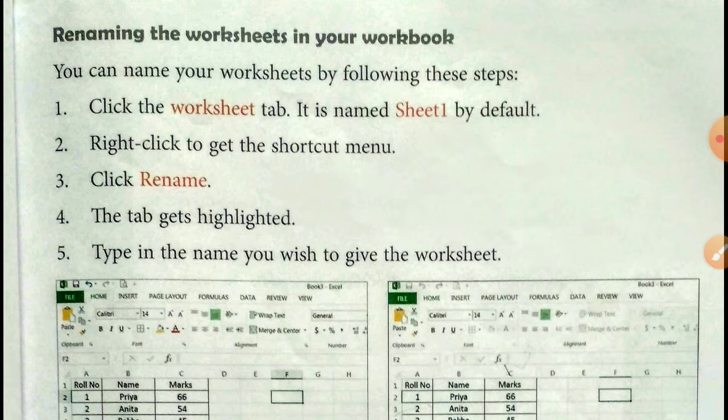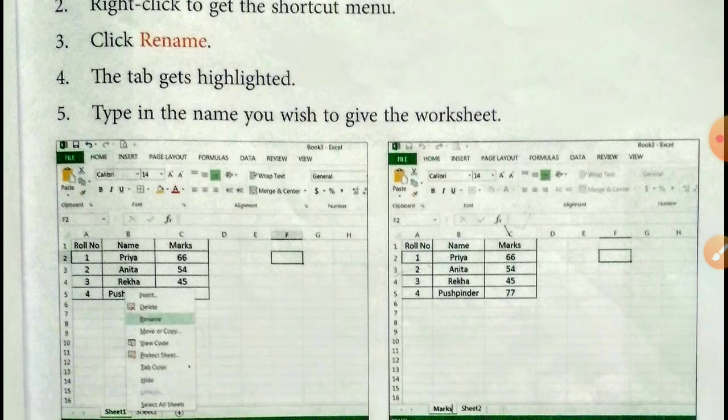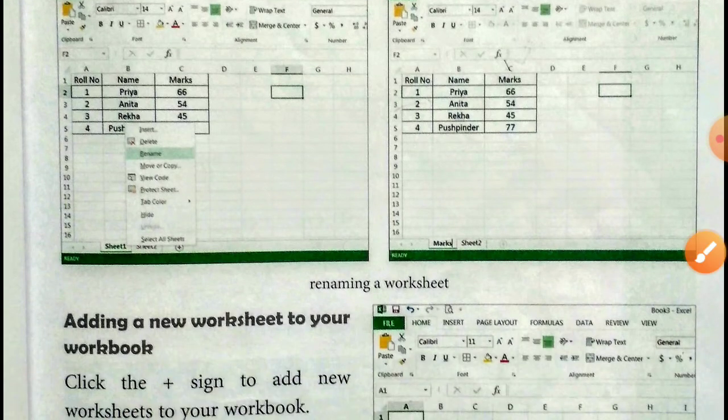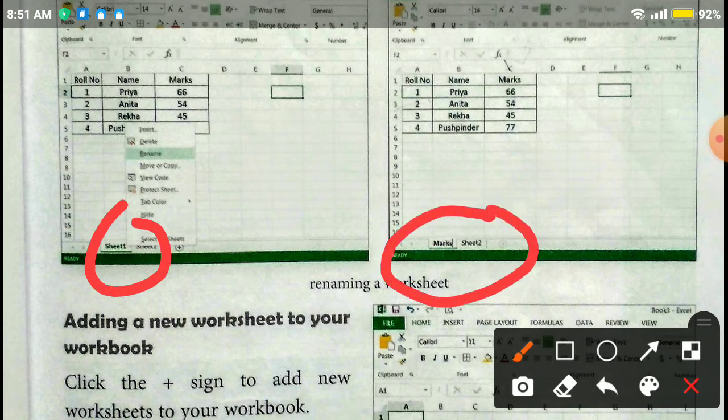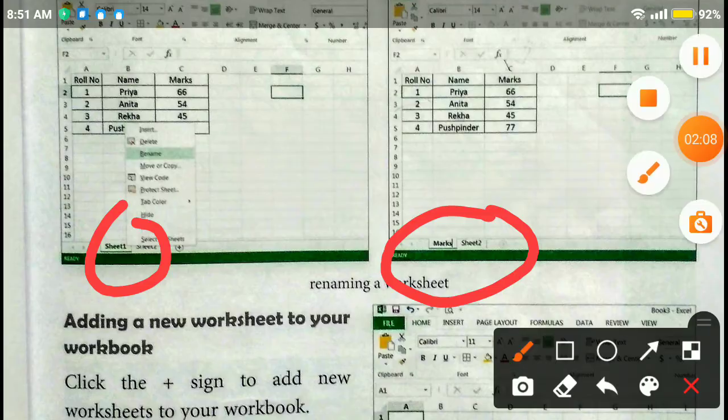The tab gets highlighted and type in the name you wish to give the worksheet, like this here. This is your sheet 1 by default, and after renaming it is now mark. So you can also change your worksheet name.